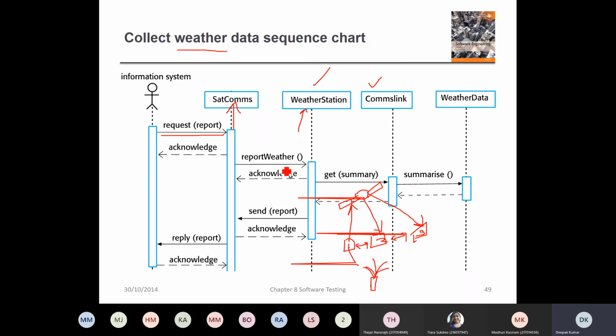So you can see that the satellite communication helps to report weather to the weather station. The weather station basically communicates summarized data through communication links to maybe a database, which is a weather data database somewhere. So these weather stations are connected to a database in a data center, and from there they are fetching and communicating the data as well. So you can see that it's a complex diagram which is represented by a sequence chart here, and you have a